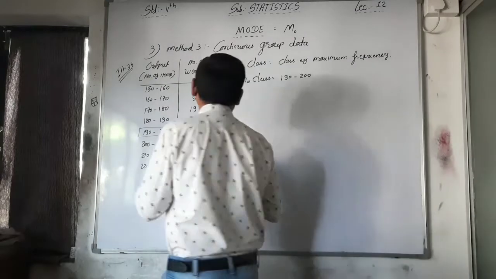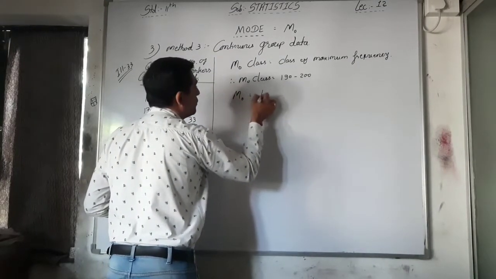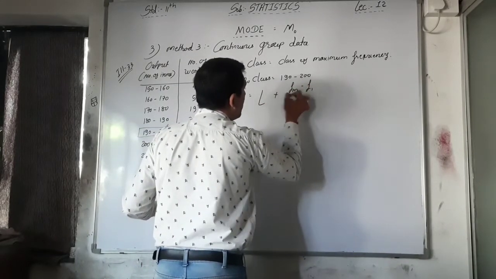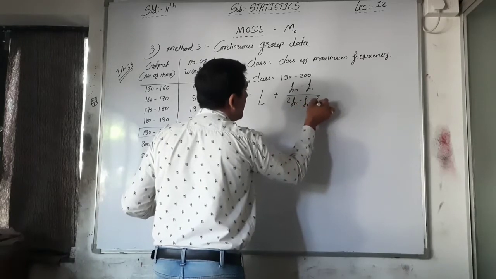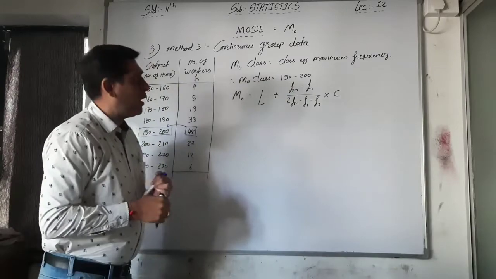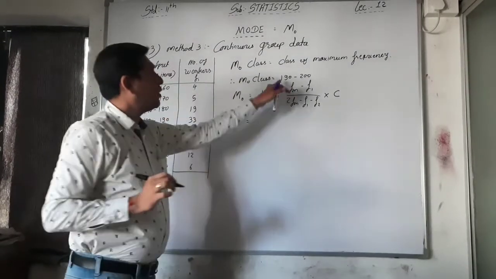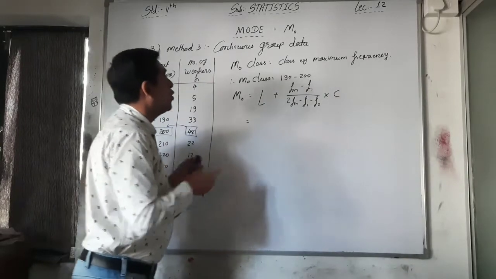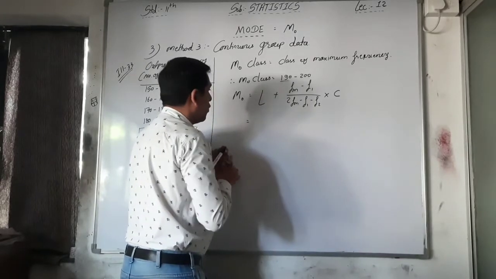Now, put the formula here. What is the original formula for mode? L plus (Fm minus F1) upon (2Fm minus F1 minus F2) into C. Right? This is the formula. Now, what is L here? It's 190 to 200, exclusive data, so 190 is your L. So 190